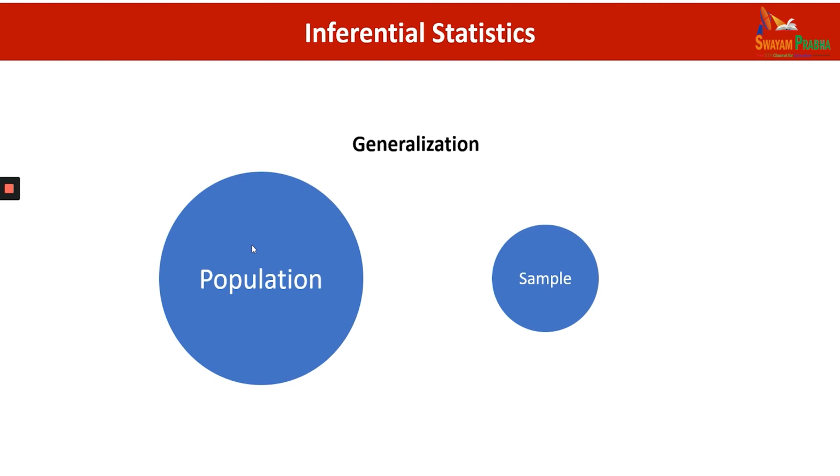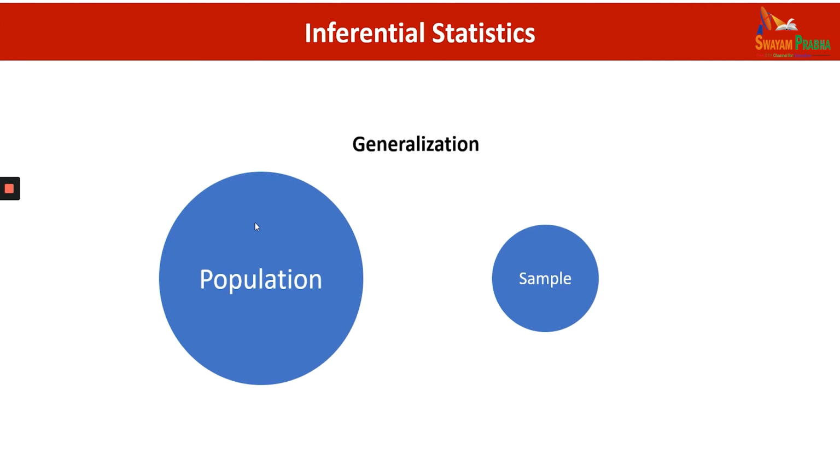But the question is here that whatever I find on the basis of sample, how it can be generalized to the population. For example, if I found on the basis of my result that, let us say in university, the mean age of student is 22 based on the sample. But can I generalize it to the larger population that in the population as well, the mean age is either equal to or nearer to the 22 years.